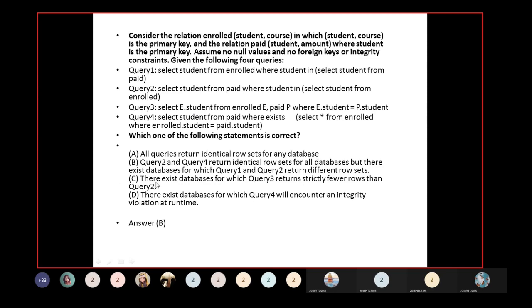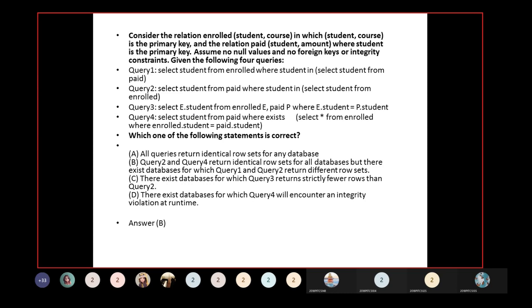Option C: there exists a database for which query 3 returns fewer rows than query 2. Option D: there exists a database for which query 4 will encounter integrity violations at runtime. Okay, the answer is B, because the first table is enrolled.